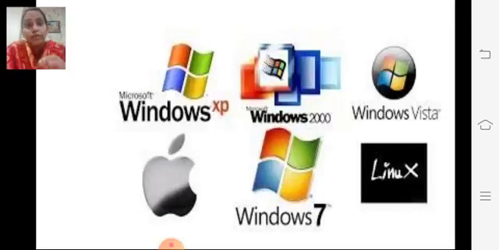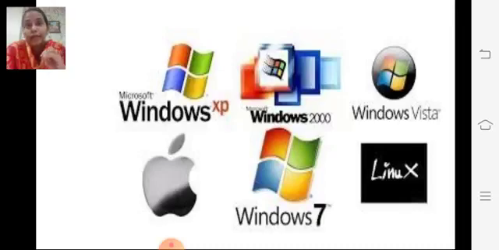Children, you need to have operating system in your computer. Nowadays we are using Windows 10, right? So when we start the computer, this operating system starts running behind, and then it manages all the activities of the computer.